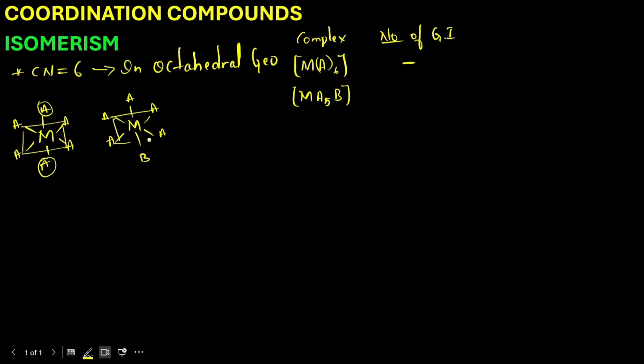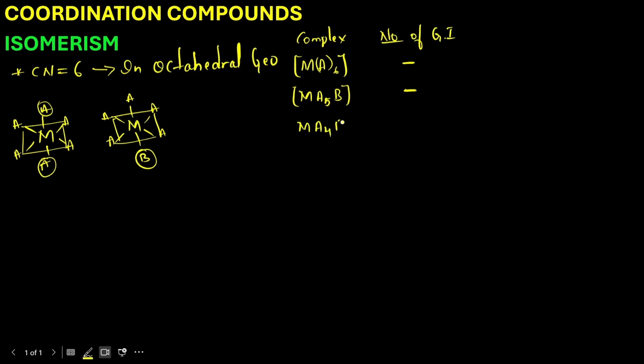So these are in the plane. Here also only one different ligand is attached. So in this case, if you exchange the position of B with any position of A, it is not going to make any changes. Therefore, in the complex of type MA5B, we are not going to see any geometrical isomers. Okay, next is